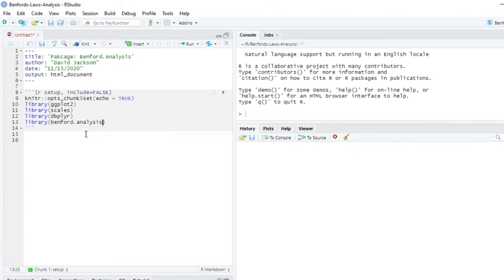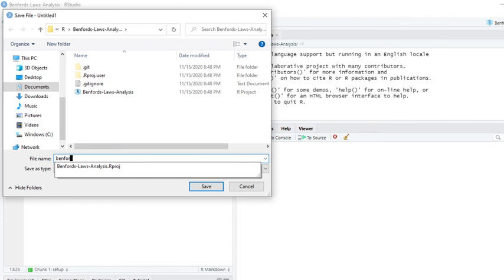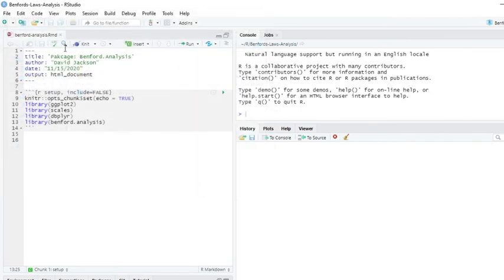Benford analysis is the package. Benford analysis package. Okay. So it's named after the package here. Now, let's come over here,